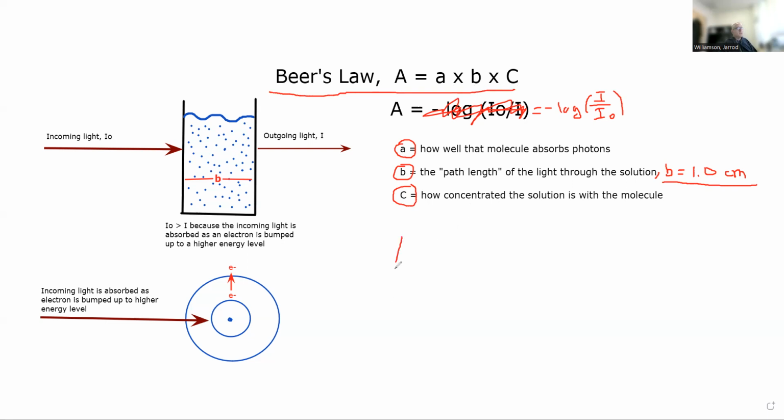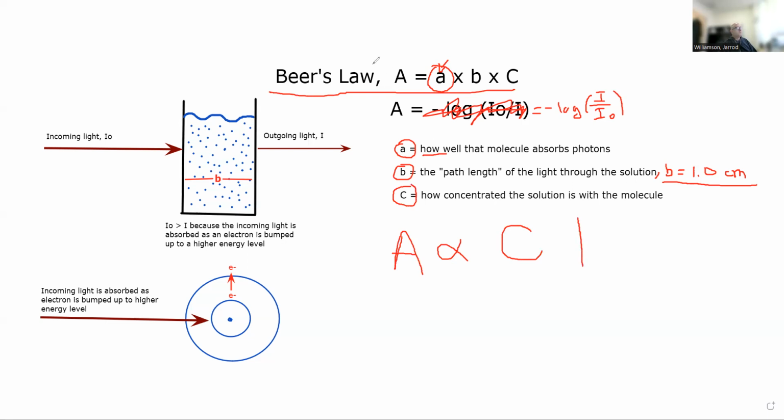Beer's law says that the absorption is proportional to the concentration of the molecule that's in there. And if we use the same molecule every time for our experiments, then letter A will be constant because it's unique for that molecule. And if we use the same size container every time,